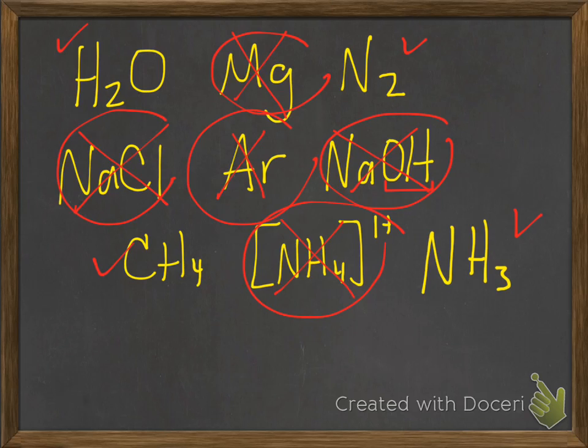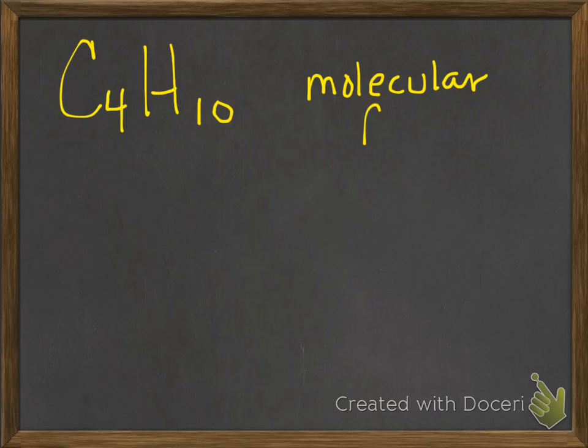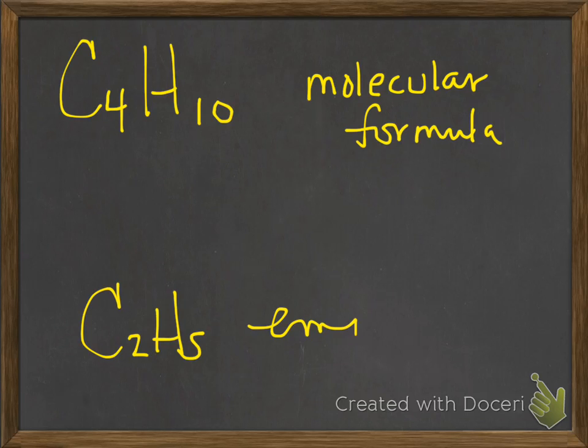Resume. Okay. So we had molecular versus ionic compounds and pure elements, etc. What about molecular and empirical formulas? Do you remember those? If I have C4H10, is that a molecular or empirical formula? C2H5. Okay, so this is a molecular formula. What would the empirical formula be for this compound? C2H5. That's the empirical. It's the simplest